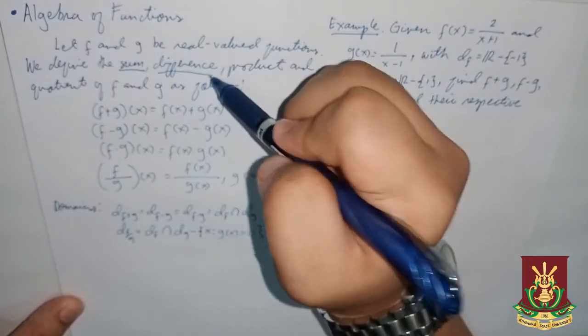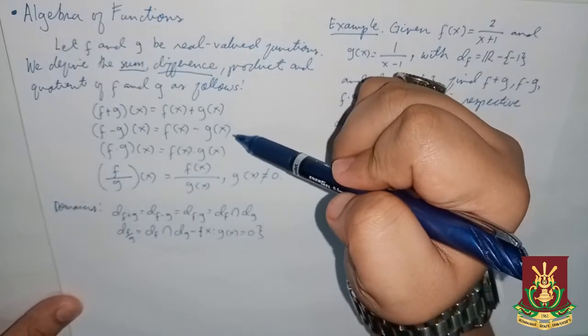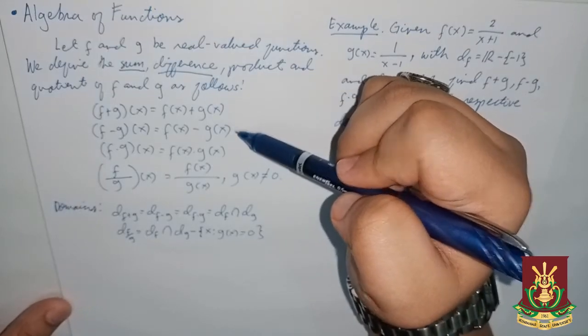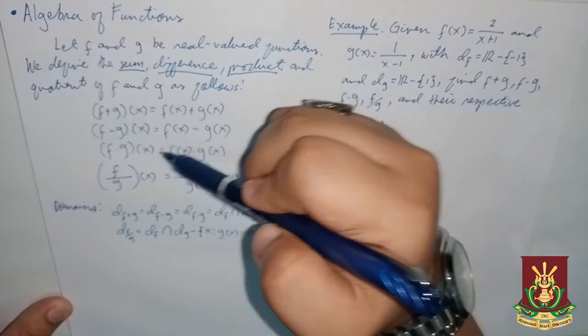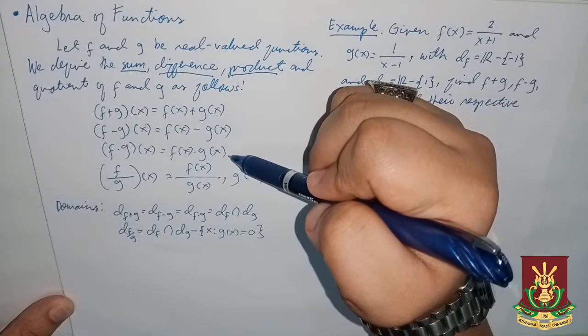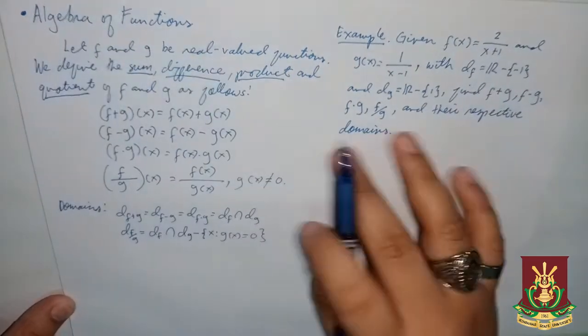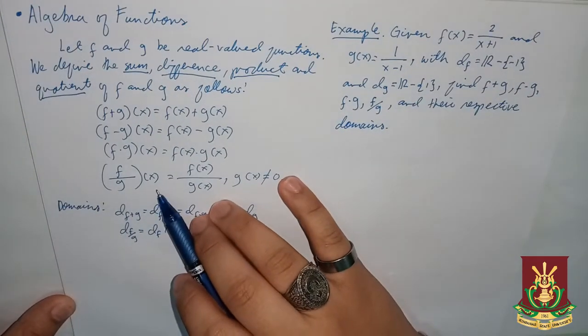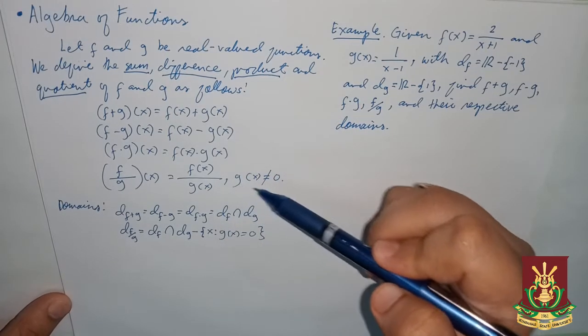The difference f minus g of x is equal to f of x minus g of x. The product f times g of x is equal to f of x times g of x, and the quotient f over g of x is equal to f of x over g of x, where g of x is